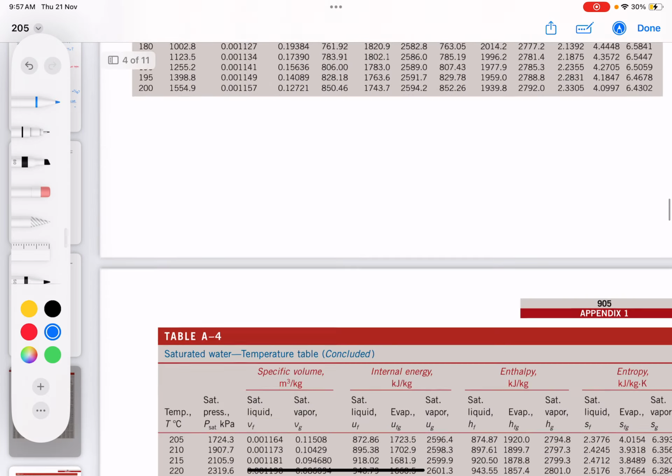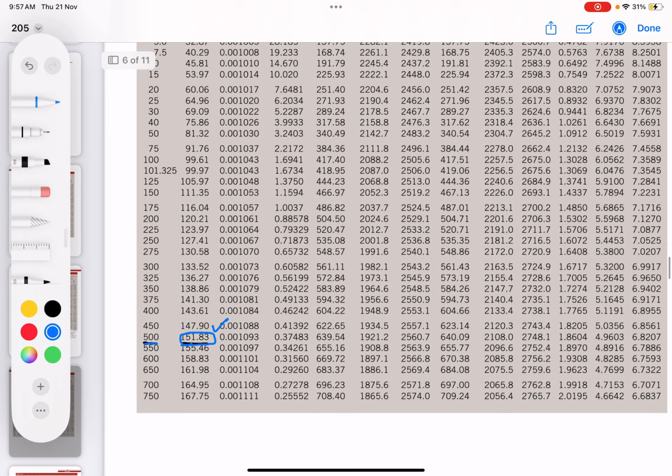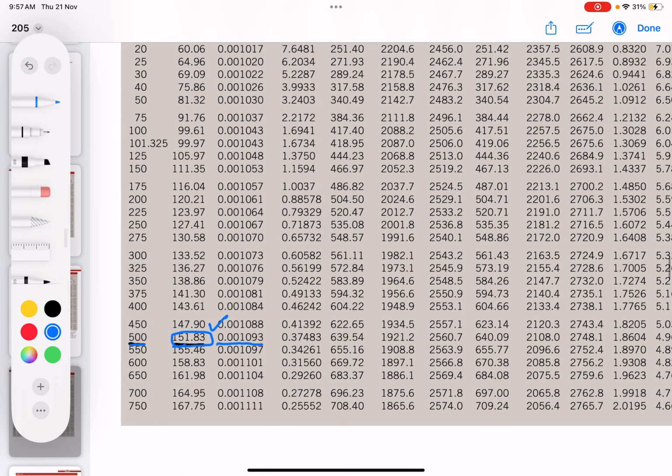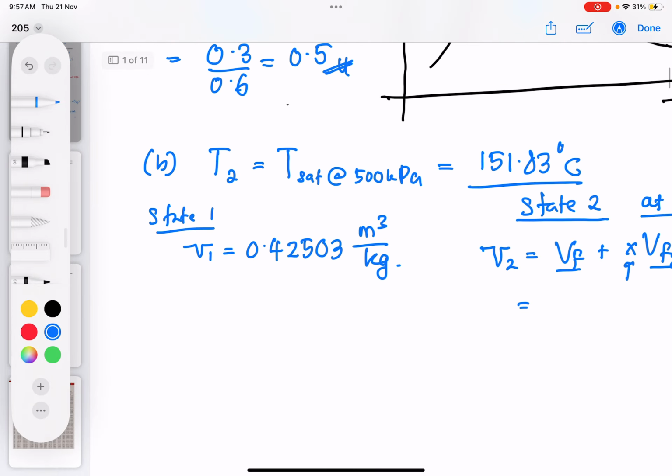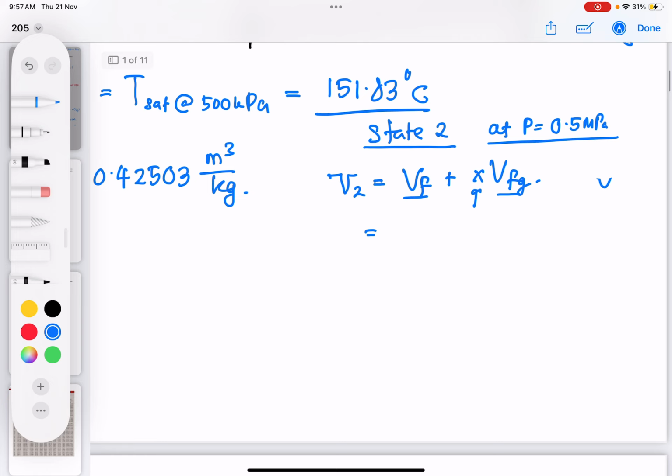Vf for 500 kilopascal is going to be 0.001093, and then my Vg is going to be 0.37483. So now I can use this formula to find my specific volume for state 2, which is in the saturated liquid vapor. So my Vf from the steam table is 0.001093 plus x, which is 0.5, and then as we already used in the previous example,